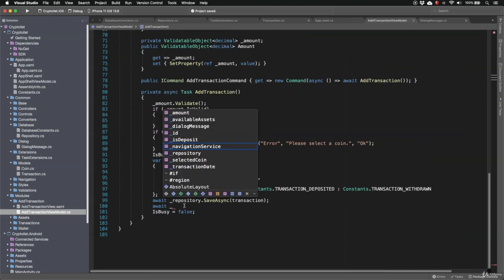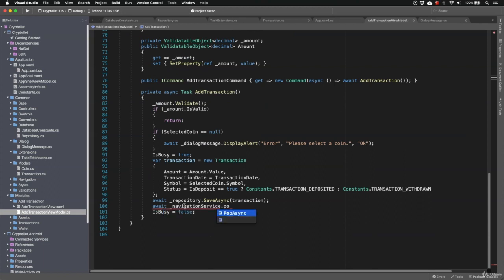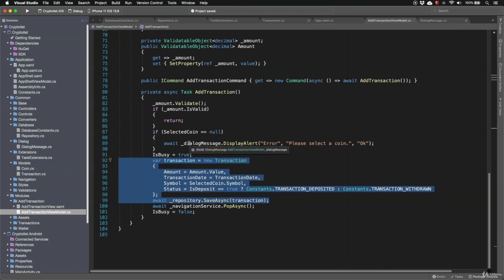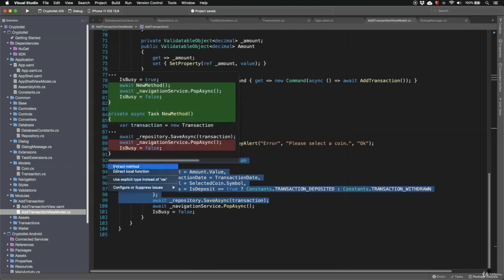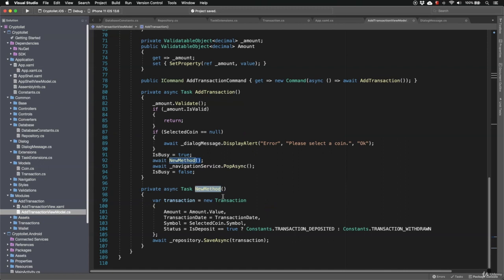So here we can use navigation service dot pop async, and this will navigate to the previous view. Last thing I can do here is to perform extract method on this part of code and extract that into a separate method, just to have the whole add transaction method a bit cleaner. So left click on the bulb, extract method, and we will call this method